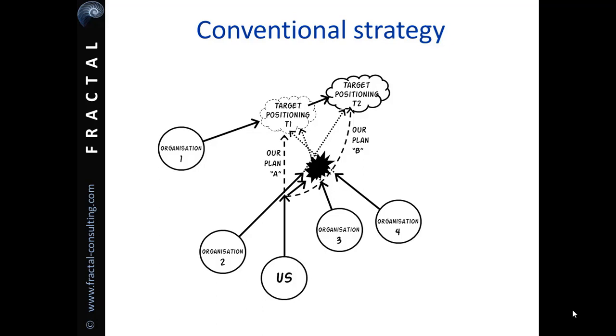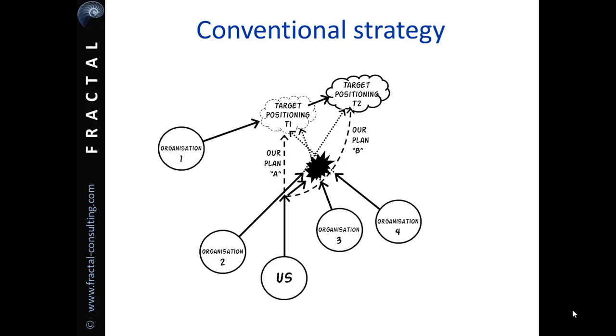In patterns of strategy, we accept that from the beginning, that there are multiple actors manoeuvring in the same places as us, and we purposefully design strategy which takes that into account. Conventional strategy ignores what other actors are doing and just focuses on our intended destination. Now imagine trying to drive down a busy motorway in the way we normally do strategy, ignoring what all the other drivers in our strategic environment are doing. You wouldn't get very far. In fact, you wouldn't get more than a few kilometres without crashing.